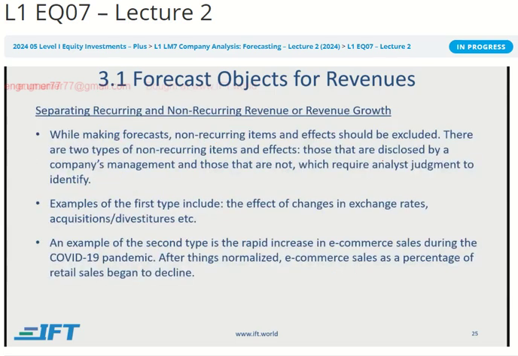You will always have these one-off non-recurring items other than your core business, right? For companies that have a lot of international business, there could be the effect of interest rate changes, exchange rate changes, right? So let's say they're selling to a country where the exchange rate moves in your favor, well, then you have the gain, but it's a one-off gain. It's not expected to happen again and again.